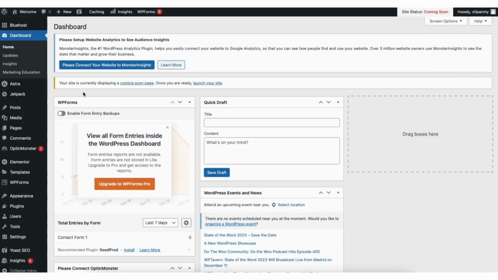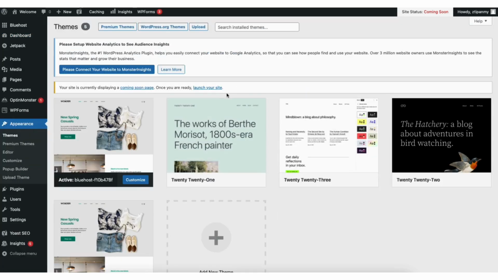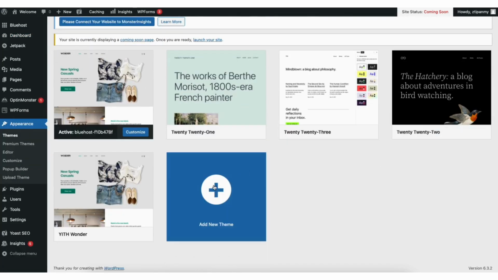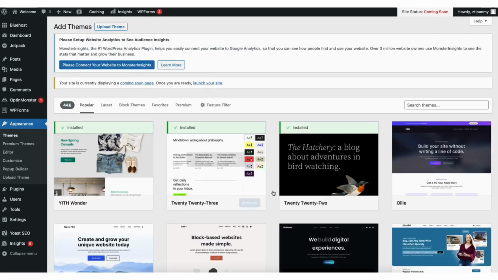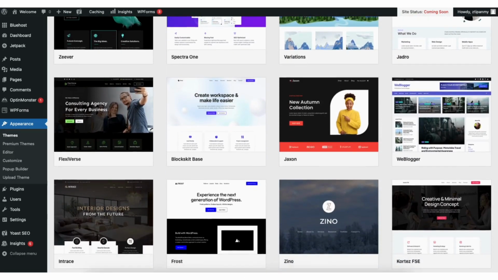Now I want to show you how to access free professionally designed WordPress themes and how to make any of these themes a freelancer portfolio website. To pick out a theme for your site, on the far left you will see tabs. Find the Appearance tab and hover over it. Click Themes, this is where you can pick out a theme for your site. Next, click Add New Theme. You'll now see WordPress themes that you can choose from. There's thousands of free themes to choose from.